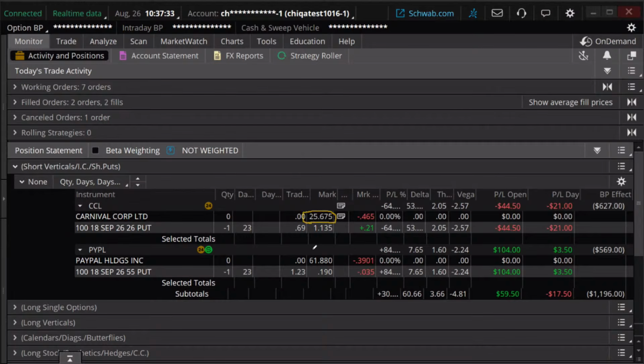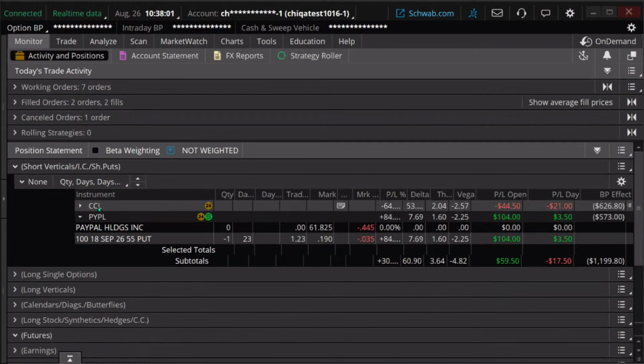If it stays above the strike price and it expires and we don't have an early assignment for some reason, then we could just turn around and sell another put. But in the case that it gets assigned, and currently it's on the trajectory to get assigned, we'd end up buying the stock, which is fine because this is the wheel strategy and we're going to plan on turning around and selling a covered call. So that's the plan on this one. Therefore, we're not going to manage that. We're just going to let that run.